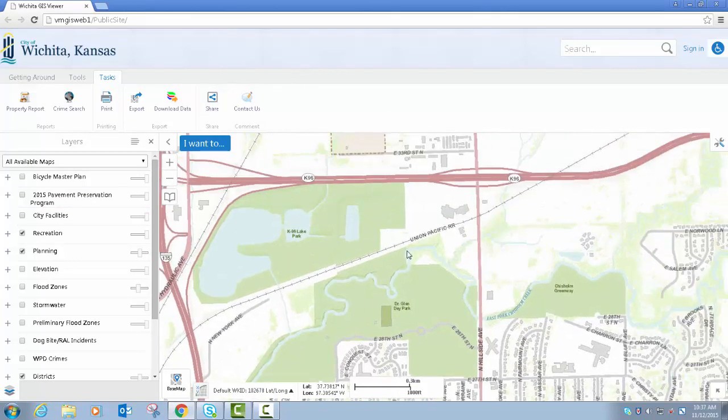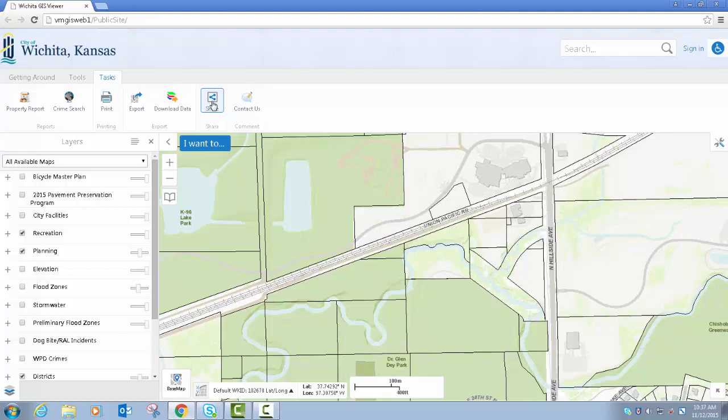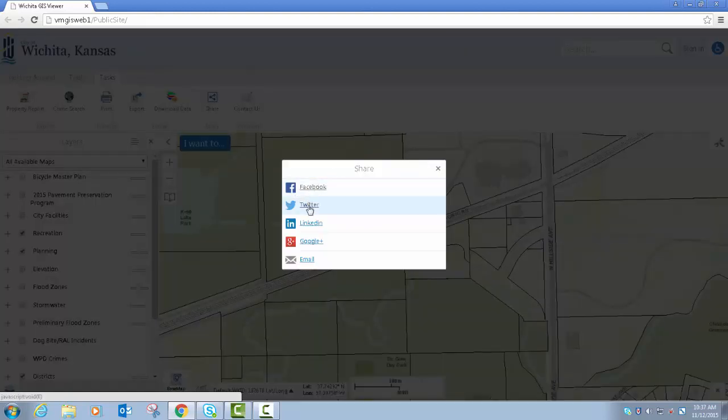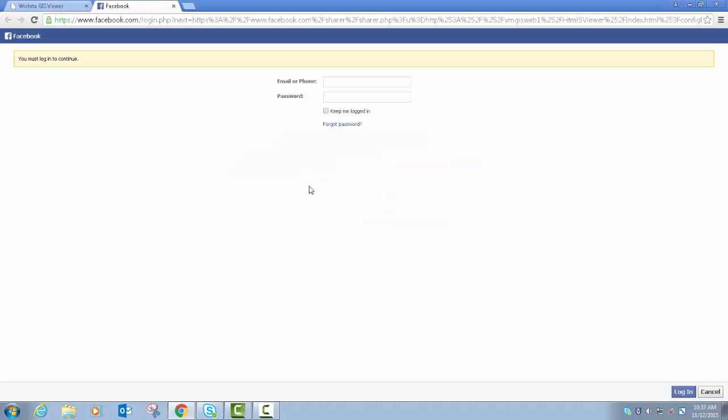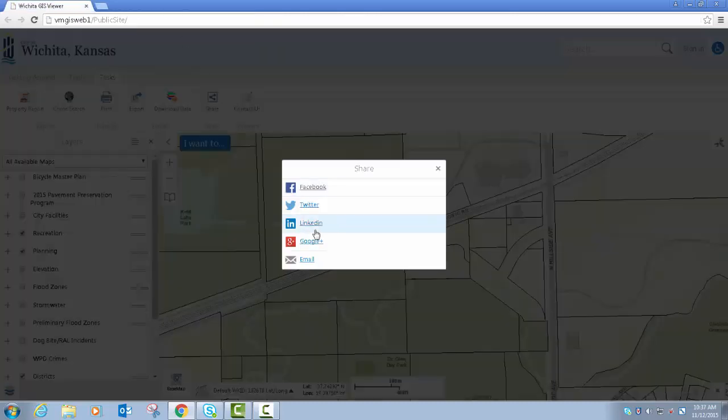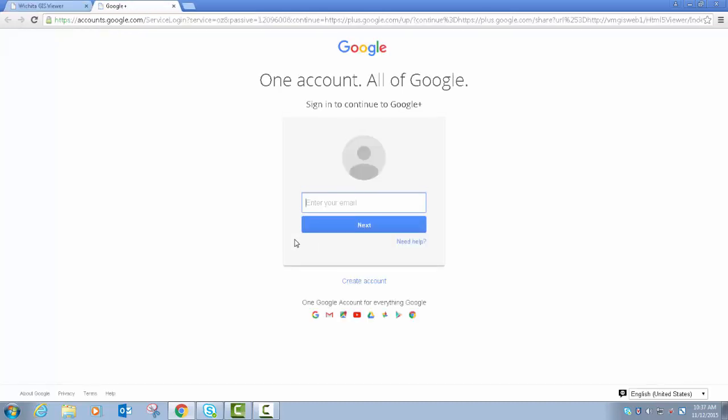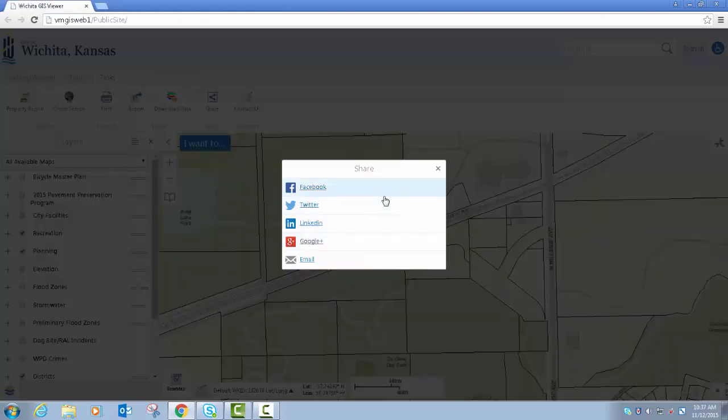Something new in this HTML5 version of our viewer is sharing your map through social media. So if I click share, I get a dialog that allows me to click on the various popular social media applications. So if I wanted to go to Facebook, it'll take me there and I can log into Facebook. Or if I wanted to go to Google Plus, I can go and log into Google Plus. And then I can share these through my stream or my feed in any of these different ones, whether it be Twitter. I can even email it. So for example, if I select email,